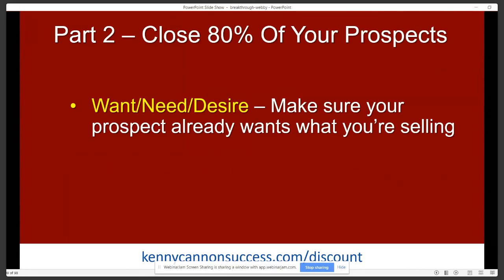But the bottom line is you have to make sure that your prospect knows that they already need what you're selling. Okay? Make sure your prospect already wants what it is that you're selling. How do you do that? Well,